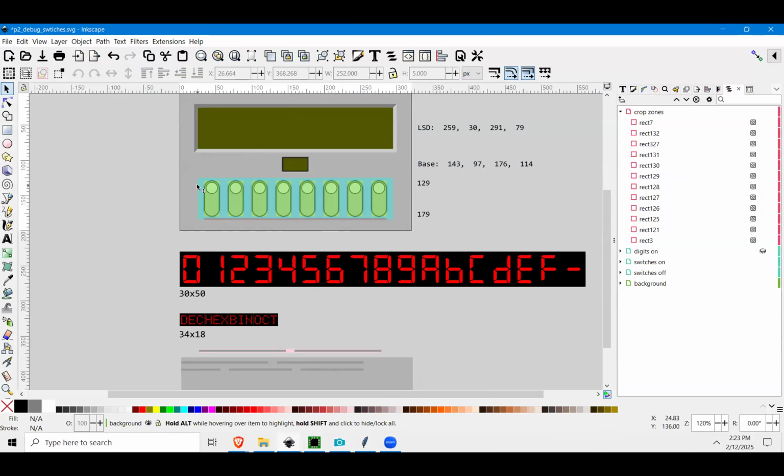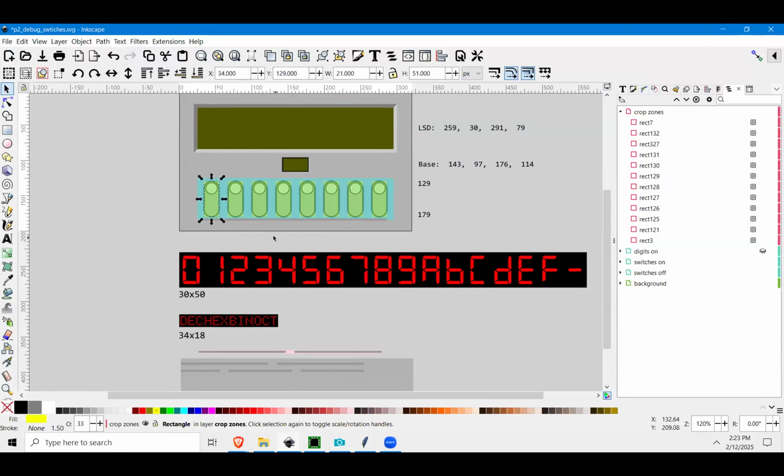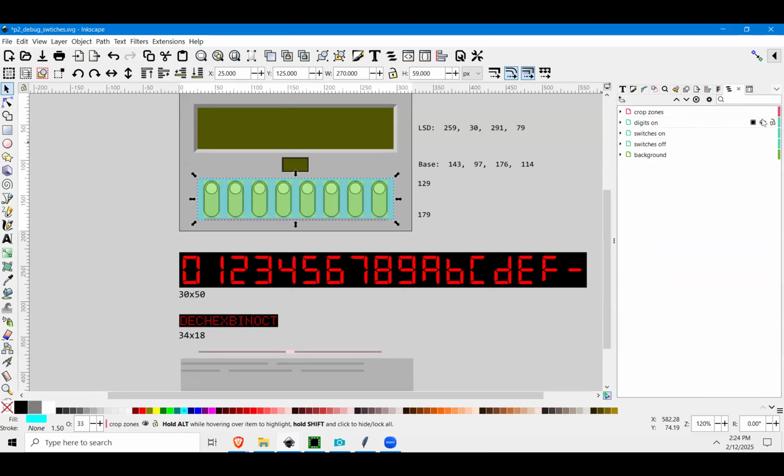And so what I'm able to do is take this zone, not that one, the blue area, that zone, and crop it from the first layer, which is the off layer, to the display layer, and that shuts off all the switches. So what I'm actually doing is seeing,